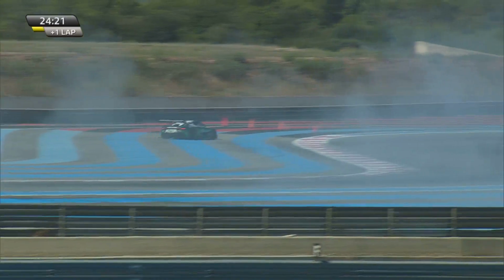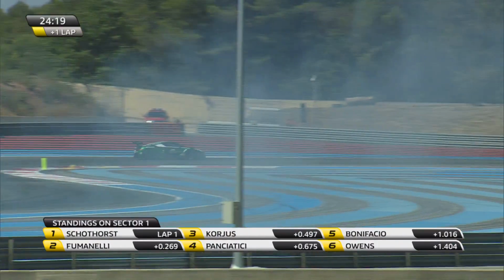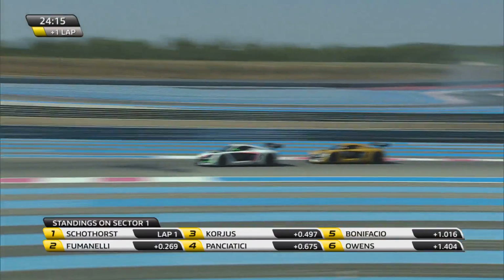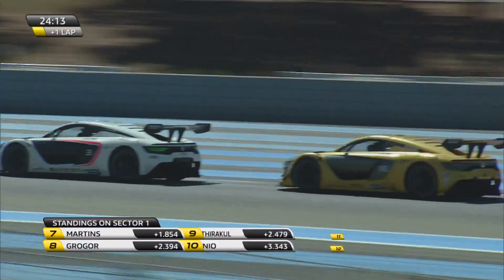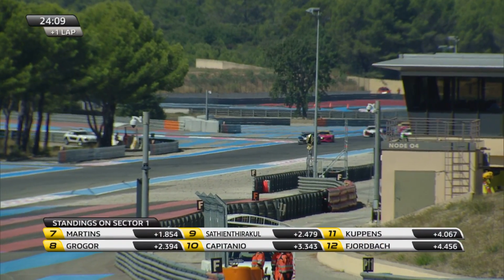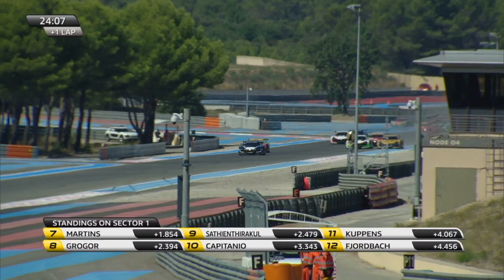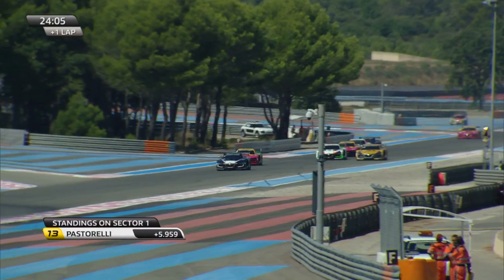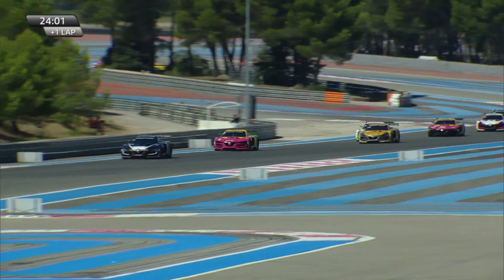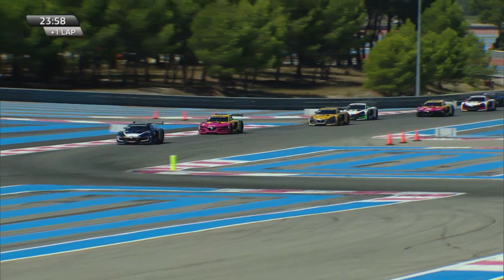Is that Pastorelli that's gone for a spin? It's number 7 car. And the 7 car, which is Jelle Bielen's teammate. It's Pastorelli, yeah. And Mike Verscheur was the other car spinning, I believe, in the number 19 car. Yes, it was. Didn't see what caused that. No. But we've got 4 or 5 wide. And another, one of the Mark VDS cars was going wide at the start of the Mistral Straight. Satin-Terracool, and yes, it looked indeed